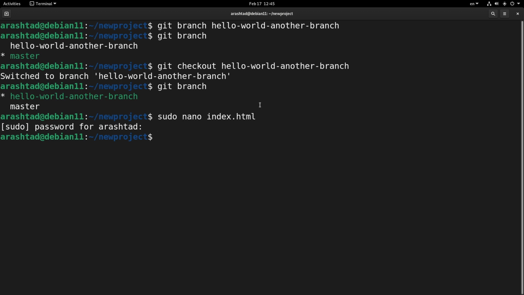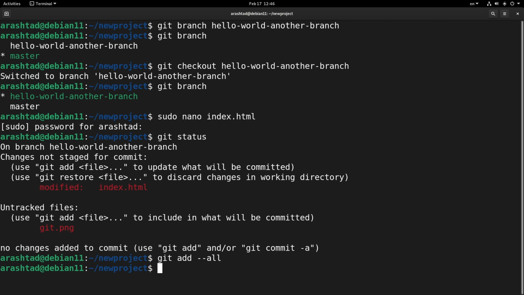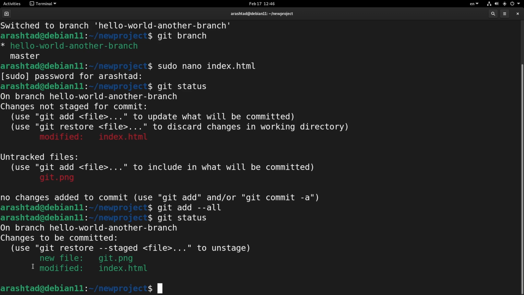So here, let's add the changes. First of all, let's run git status. As you can see, we've got two files, which is index.html, which is modified but not added, and also git.png that has been added to the directory but not added to the repository. So git add --all, and then run git status one more time. And as you can see, these two have been added,